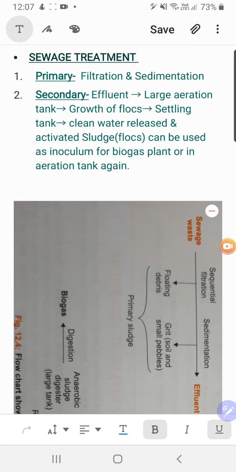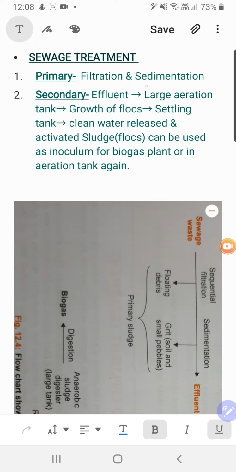Now, what is the speciality of this aeration tank? It's a shallow water reservoir, but it is continuously agitated or stirred. I mean, it keeps on rotating, moving, the way we stir the squash or the juice at home, right? So, stirring or agitation is the key feature of this aeration tank. Why we are calling it aeration tank? Because continuous stirring actually infuses the air bubbles into the water, right?